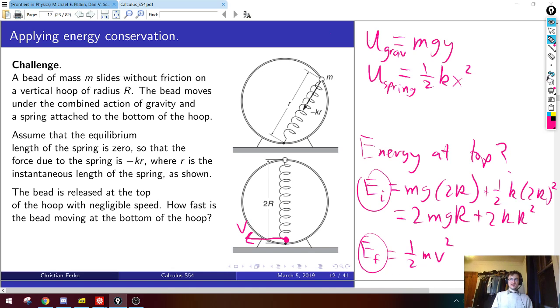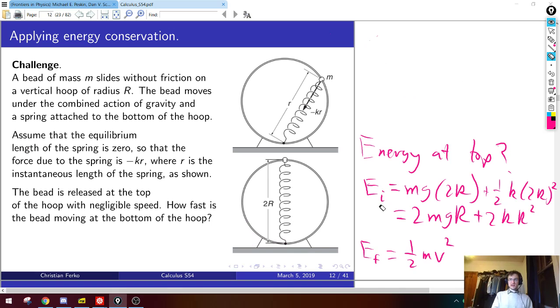This is what you do in any problem. When you want to solve a problem, you define a variable for the thing you want to solve, you find an equation that variable satisfies, then you solve the equation, right? So you set it equal to kinetic energy, and then solve for the velocity. Good, so we're conserving energy between the top and bottom, so I should set EI equal to EF, because there's no friction.